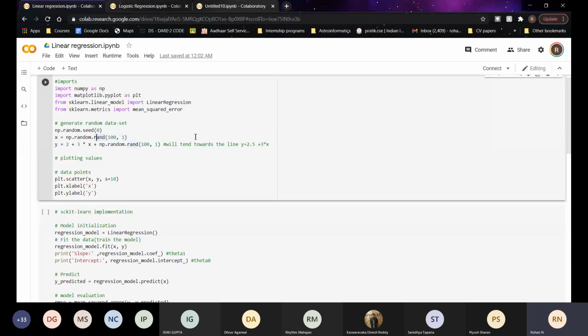That will multiply every element in x by 3, and then we add 2 to every element, and we also add a random factor to every element, which is another 100 cross 1 dimensional NumPy array. So we are just adding noise to our initial function or equation. Now let me just run this code.